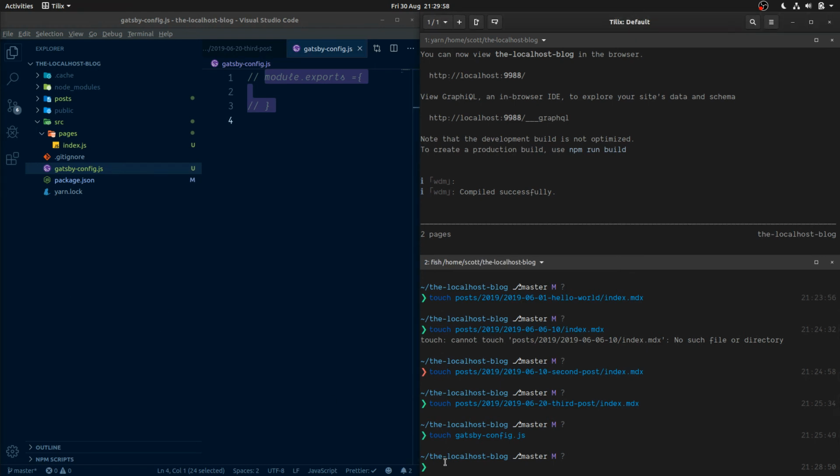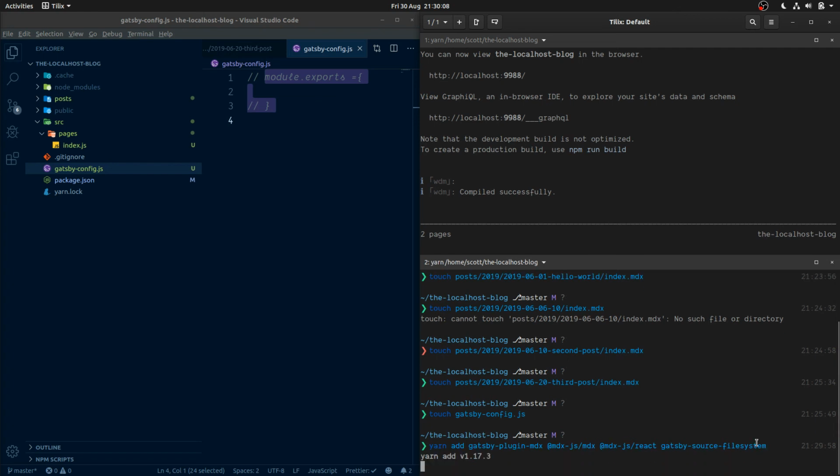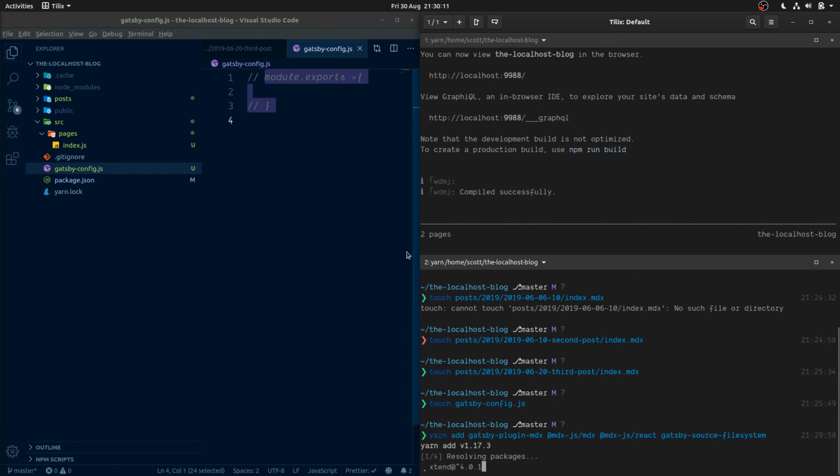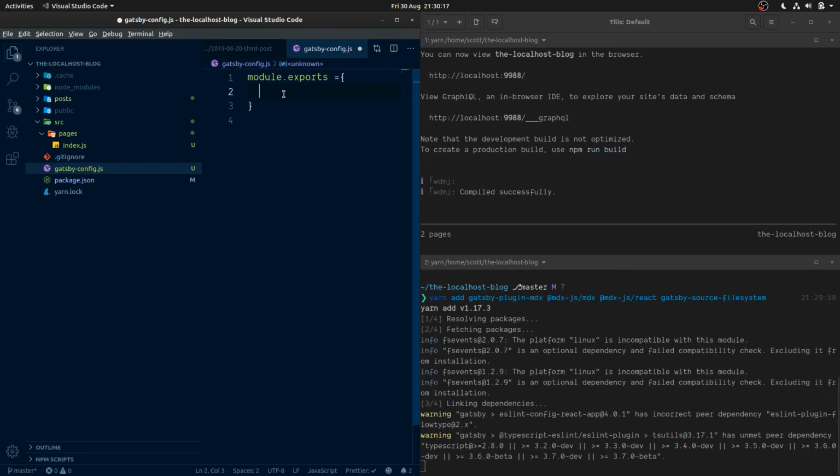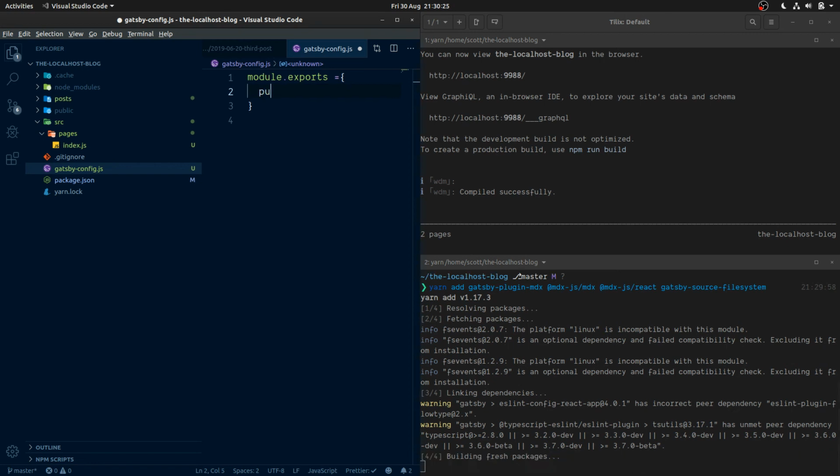So gatsby-plugin-mdx, @mdx-js/mdx, @mdx-js/react, and the gatsby-source-filesystem. So if we hit enter with that, and while they are loading, we can get back to our configuration here. So Gatsby uses a plugin system. So for that, we're going to need to put in